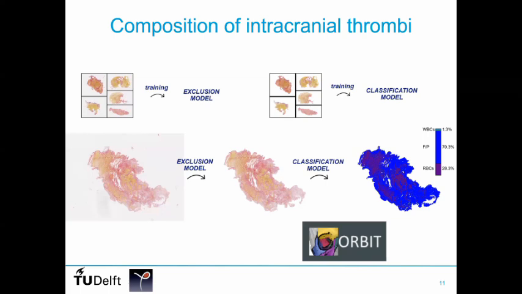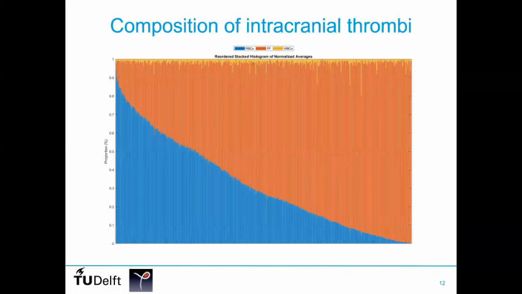And this is the outcome of that patient study. So let me guide you through this image. Each bar here represents one histological cross-section. If we go here on the left side, the blue part represents the amount of red blood cells in that cross-section. The brown part is the part containing the fibrin and the platelets, and the yellow part is the white blood cells. So these are 635 cross-sections, and what you see is a super even distribution,